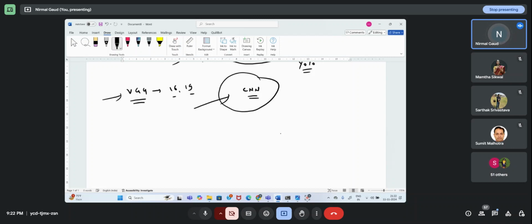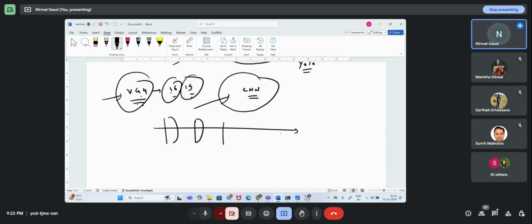So VGG is Visual Geometry Group. It's an architecture which has 16 layers or 19 layers. This is VGG16 or VGG19. These are two architectures which are sequential in nature. The layers are arranged sequentially, so 16 layers are there, 19 layers are there.